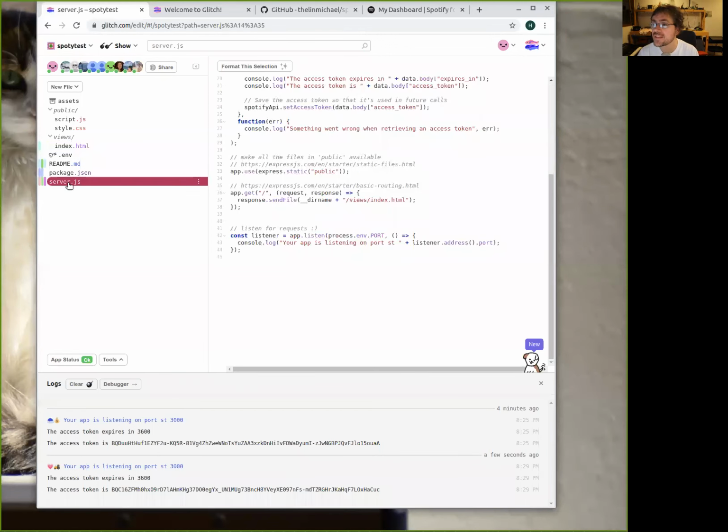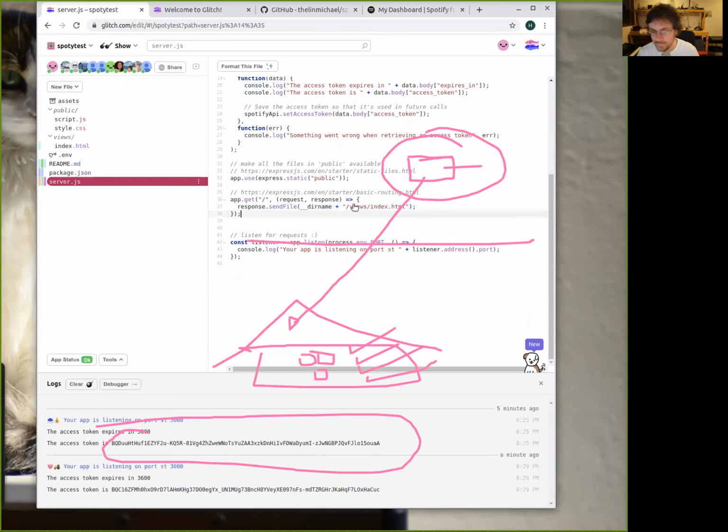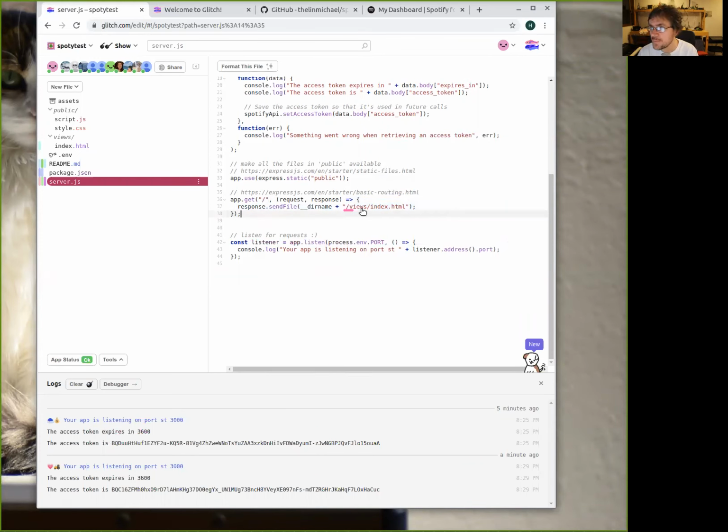And the server is delivering, this is important, if I get connected to the root of my server, I will deliver the index that is in the views.